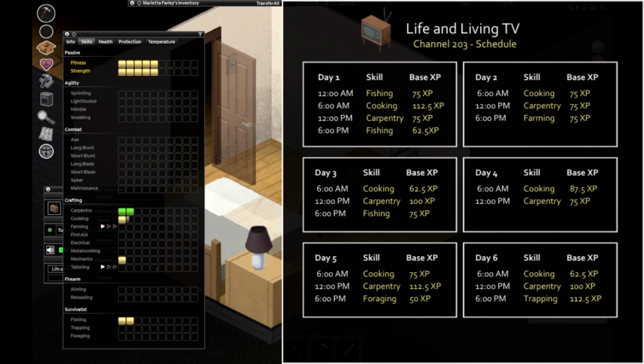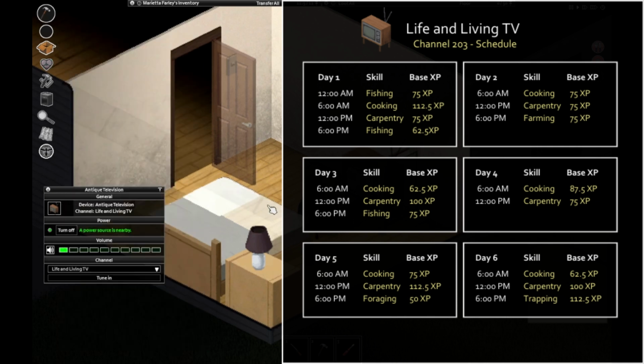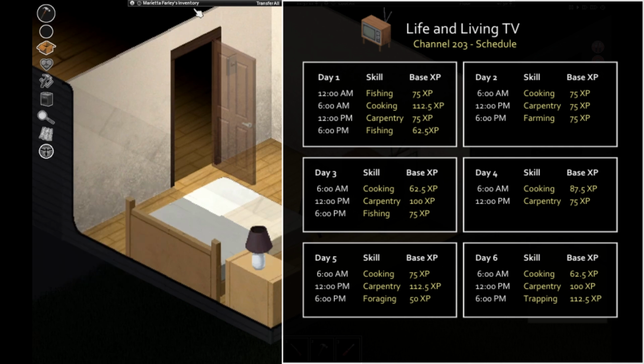Life and Living has 3 shows that run throughout the day at 6 o'clock a.m., 12 o'clock p.m., and 6 o'clock p.m., or 1800 hours, and an advertisement also runs at the beginning of each day. Note that on the first day of the game, there are technically 4 airings of shows on Life and Living,